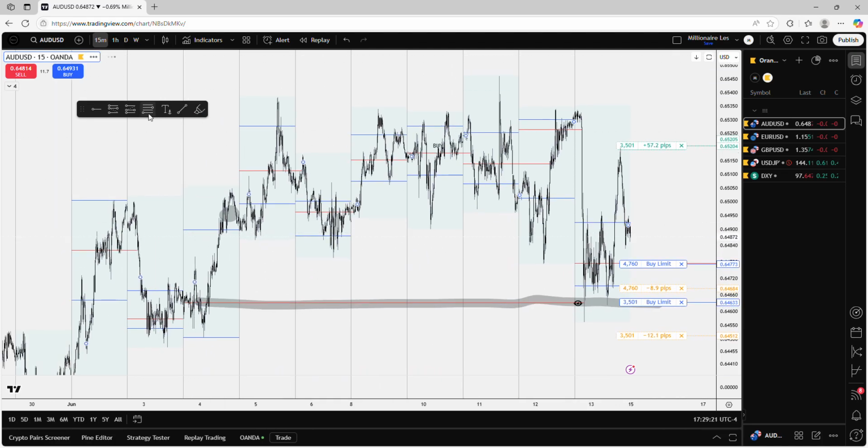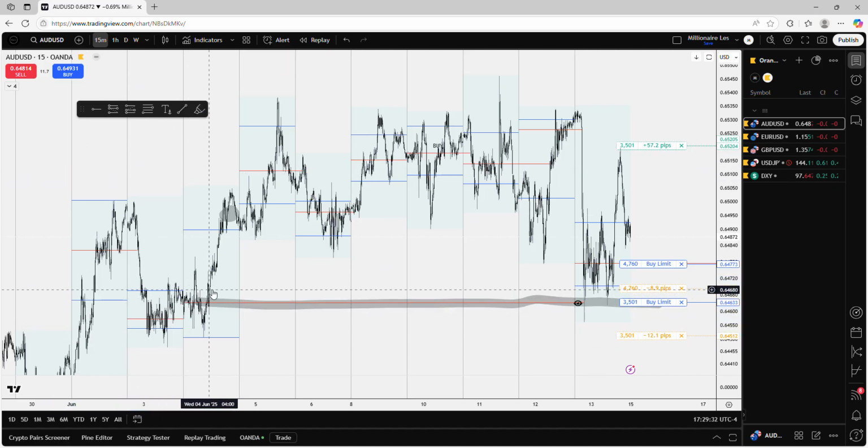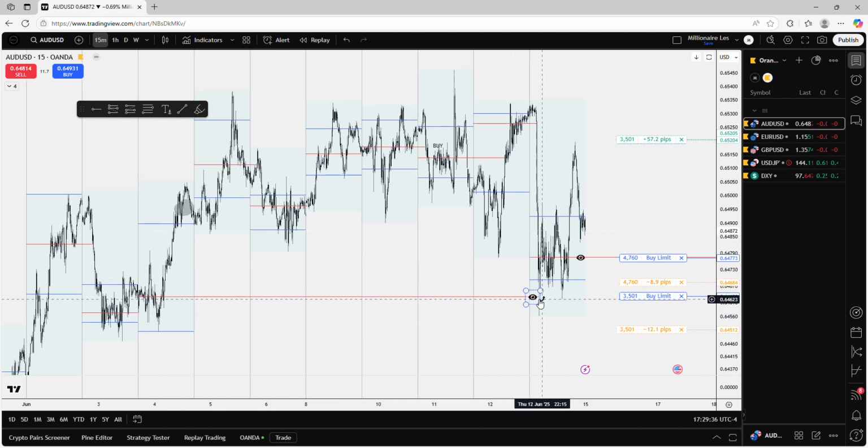Again, I think I said this on my previous video that anytime there's consolidation, price tends to go back to those consolidated areas. I don't know why it happens. It happens. Well, I do know why it happens, but don't really want to go into it in this video. But I have my eyeball set for that area again. So if price wants to come back and test it, I can get in on that entry.